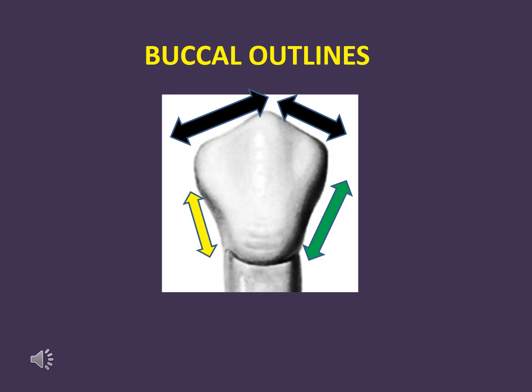Moving on to the occlusal outline. The occlusal outline represents the buccal cusp and the cusp slope. The buccal cusp is short, less pointed, and the tip is located slightly mesial to the center. Here you will see a mesial slope and the distal slope. The mesial slope is smaller compared to the distal slope. The cusp ridges meet at an obtuse angle, making the cusp less sharp. The cervical line is curved towards the crown.